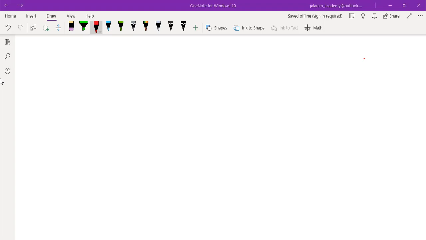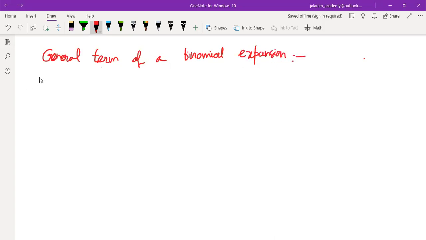So let's now discuss the general term of a binomial expansion. We know that the expansion of the binomial (x + a)^n is given by what? (x + a)^n is equal to